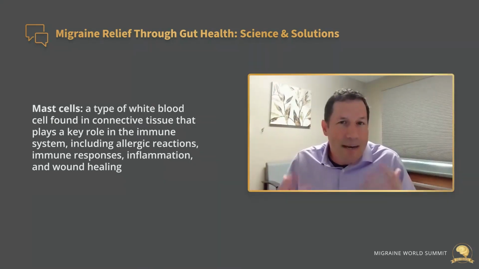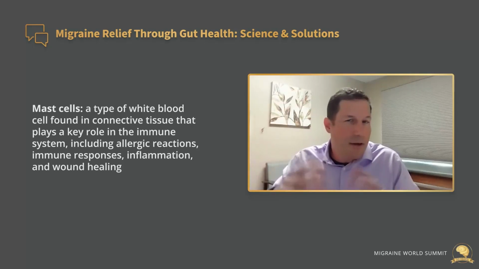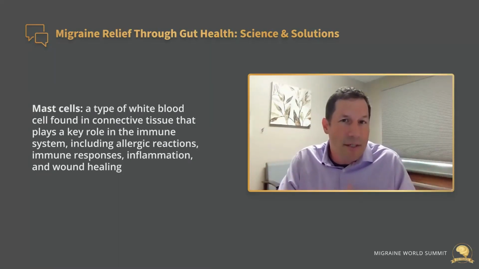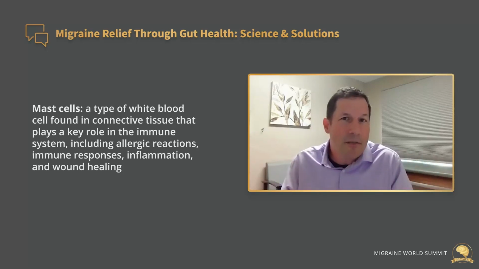And mast cells are in every one of our organ systems. They are on the surface of our brain. They're in our lungs, our kidneys, our heart, but they also play an intricate role in protecting our gut health from exposure to normal pathogens, meaning like normal stuff in our environment that our gut might get exposed to. But some of our patients with migraine have overly active mast cells, which means that if their body's exposed to something that doesn't want to be around, instead of a minor blip of inflammation to take care of the problem,